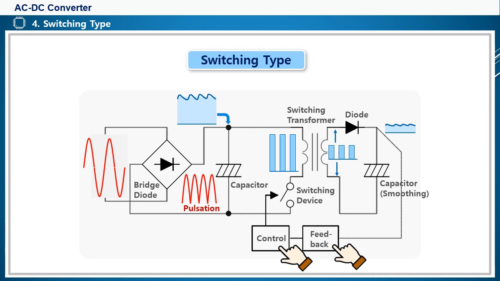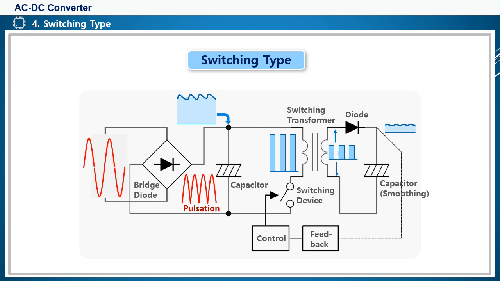This type of switching pulse is called PWM, or pulse width modulation. And the frequency of the switching element uses a high frequency band of 100 kHz or more. The reason is that by using a high frequency band, the transformer can be made smaller and lighter. A power circuit that rectifies and smooths AC input, uses a switching transformer, and performs high-speed switching to obtain a final DC output is called a switching mode power supply,